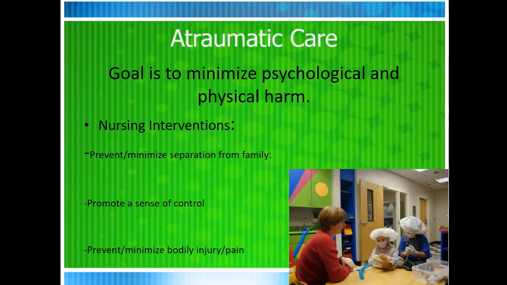Atraumatic care is going to be kind of our overall message in pediatric nursing care, and it's literally what it says right on the top, right? So I think the definition and the name of it itself explains itself well. So some of the things that we can do, one is to minimize separation from the family. So separation anxiety is going to start in kids at around 6 months, and it's going to reach its height right before the preschool years. Preschool years start at age 3, so 3 to 5 is preschool.